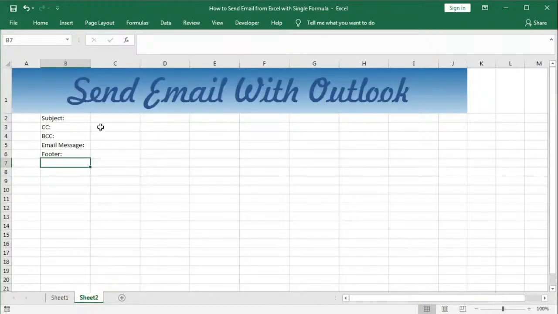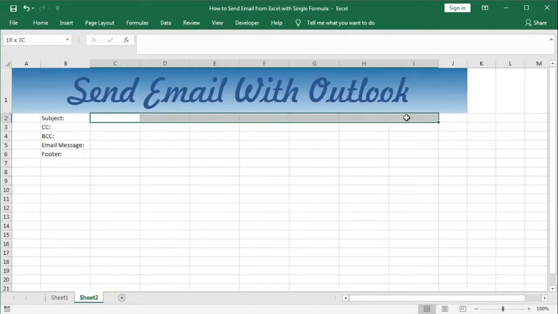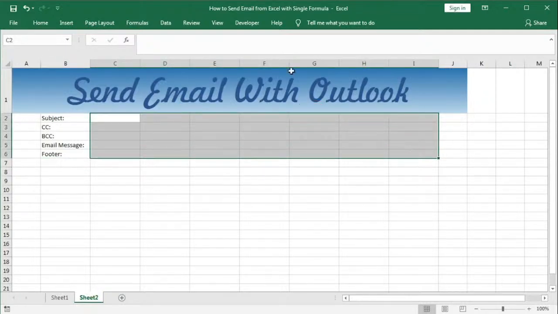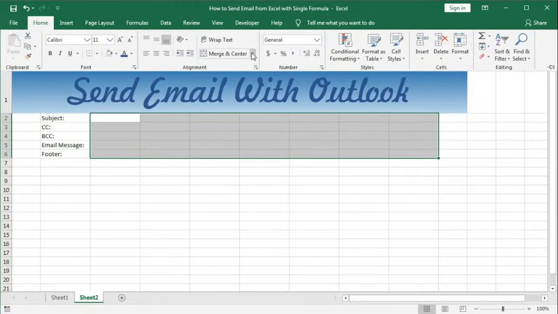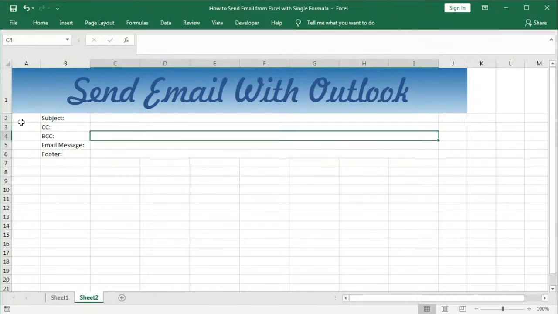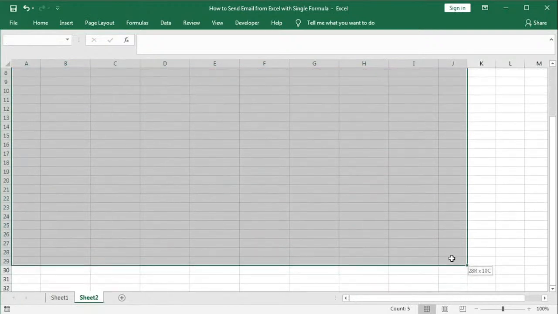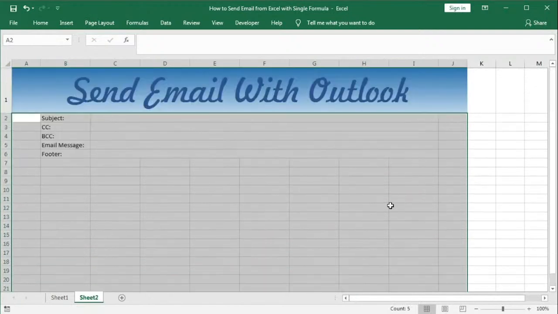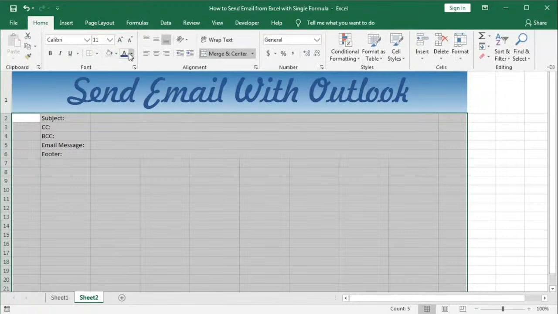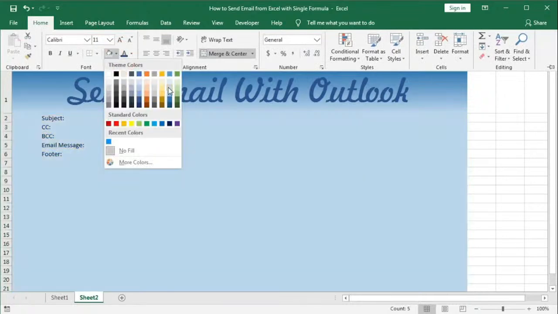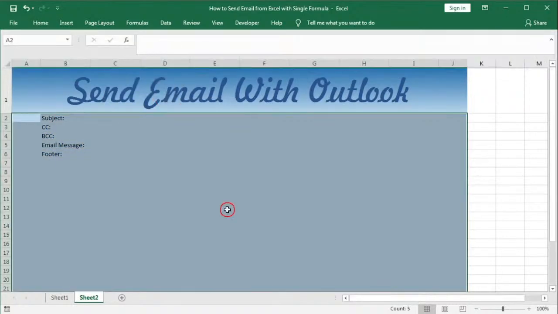So go here, select up to this. Okay, then home, then select merge across, and now we will do formatting. So before that we will also format this sheet up to 30 and go to home and select this one. Okay,